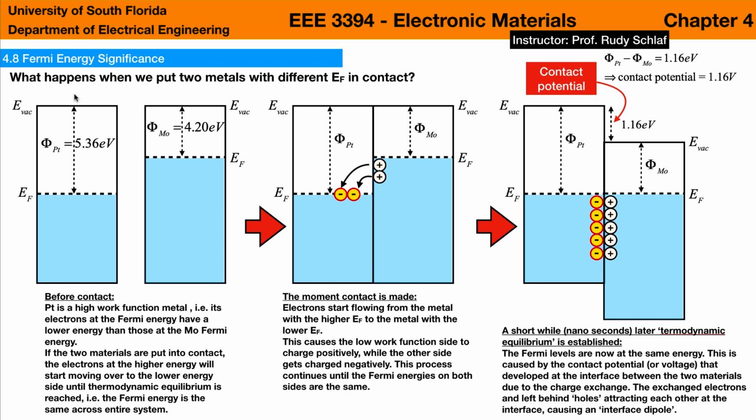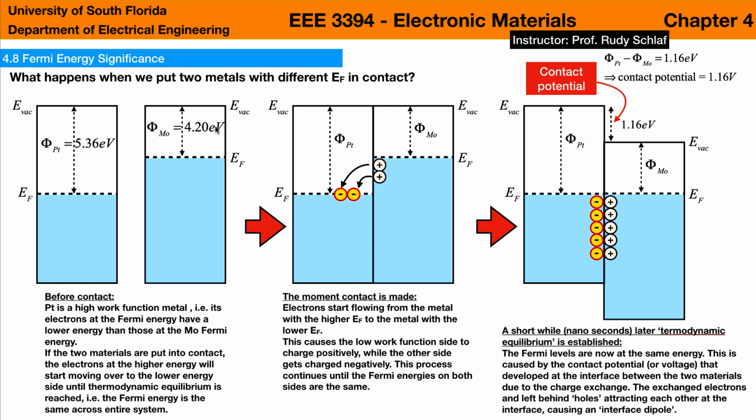So it's really interesting to consider what will happen if we put two materials with different work functions into contact. The example here is platinum as the high work function material. Platinum has a work function of 5.36 electron volts,